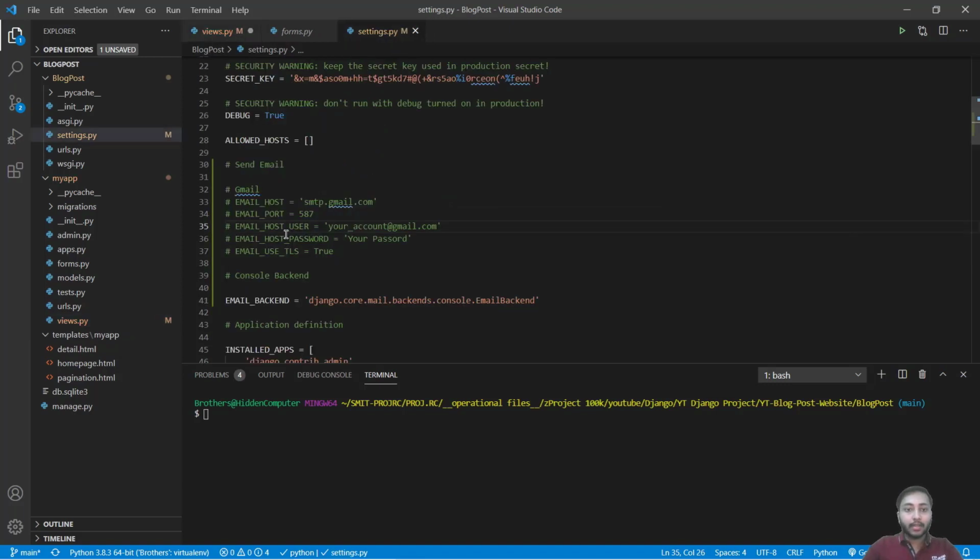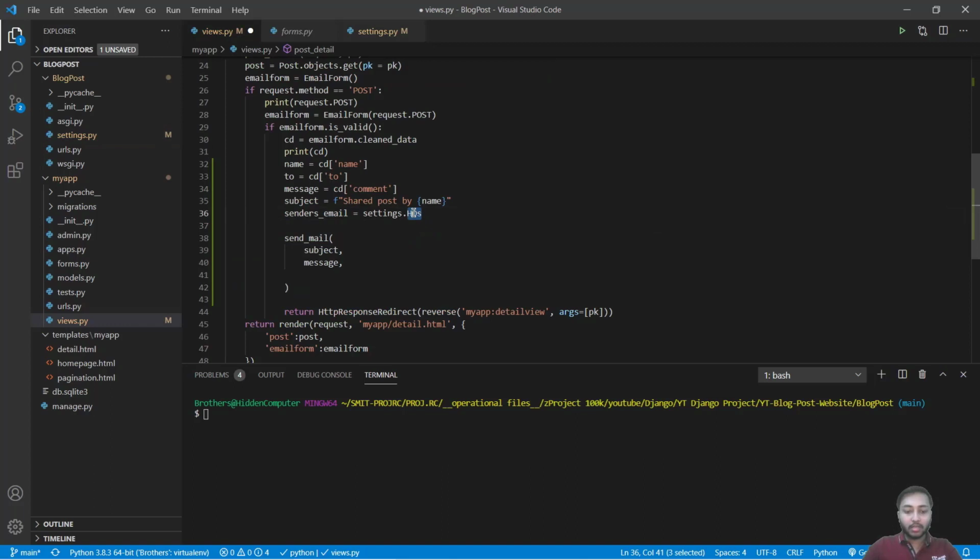What was that? Host user. So you will just paste it right here. Okay, and now you will provide sender's email.